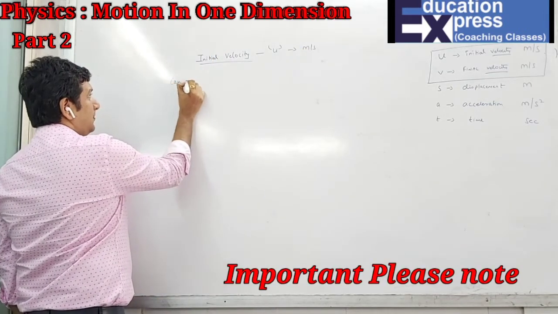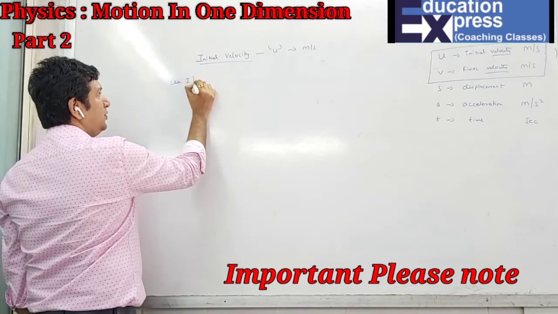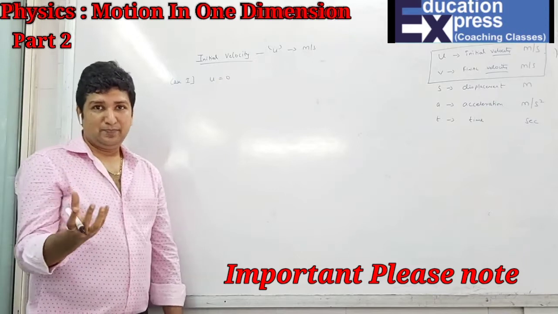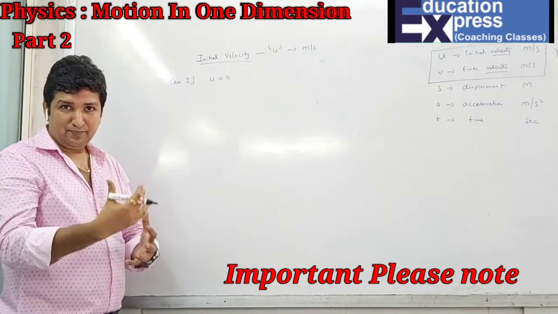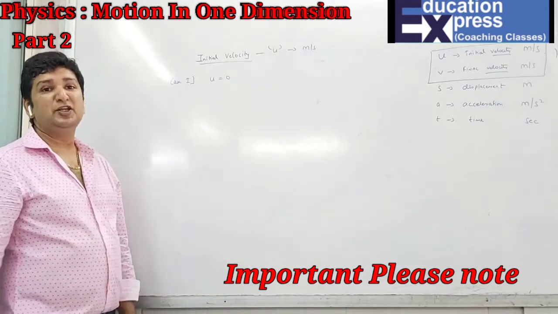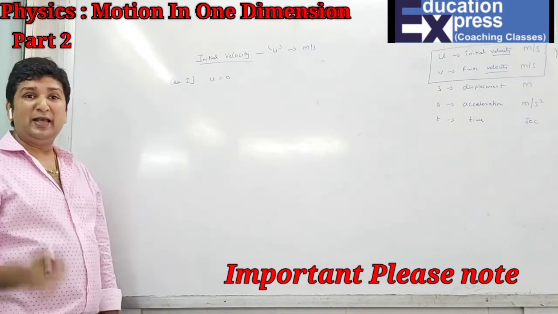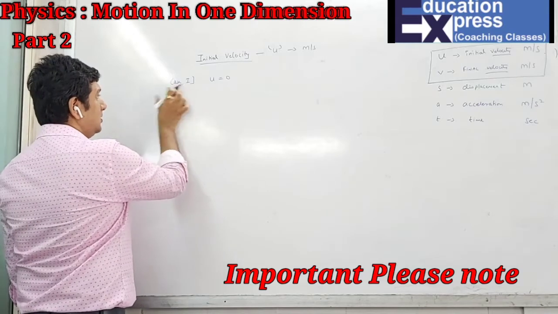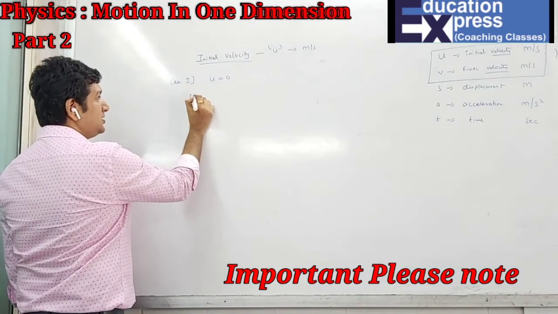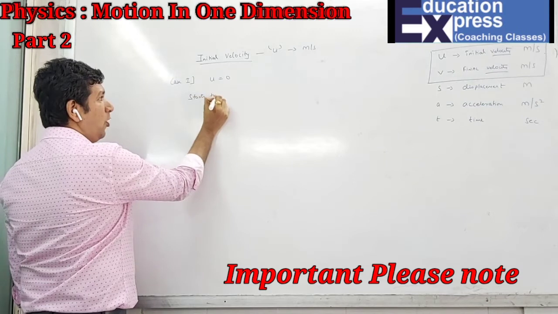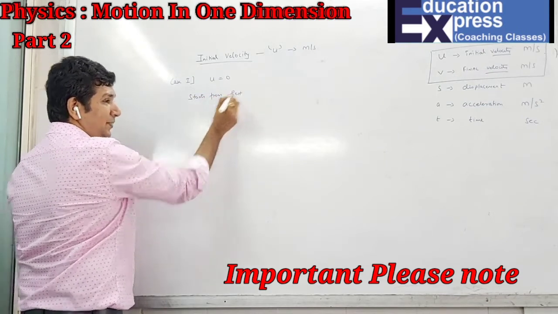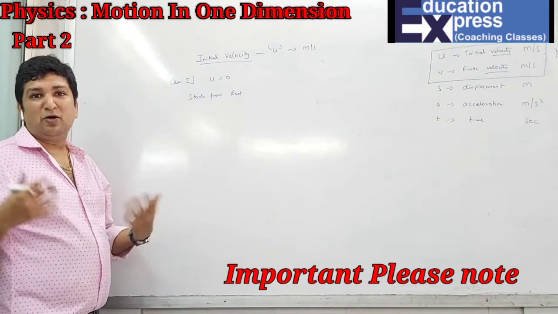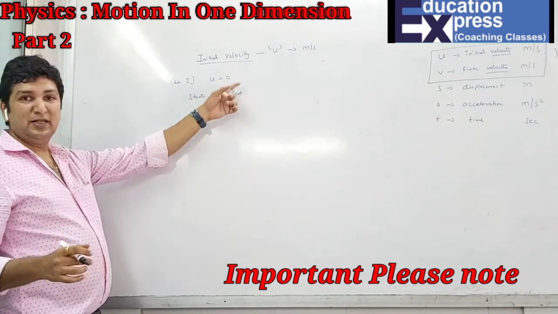First, case 1. How will you come to know that the initial velocity is 0? What is initial? That means starting. When the body has just started, what is the velocity? It is called initial velocity. So case 1, in what case can you take U as 0? First, if the body just starts from rest. That means the body before starting was in a state of rest. When it was in a state of rest, that means it was not moving. Hence, the initial velocity is 0.